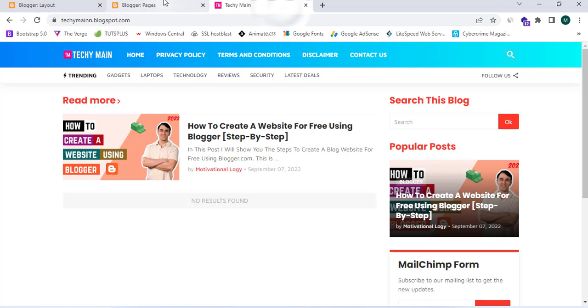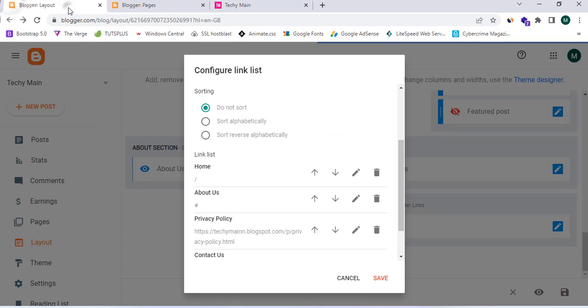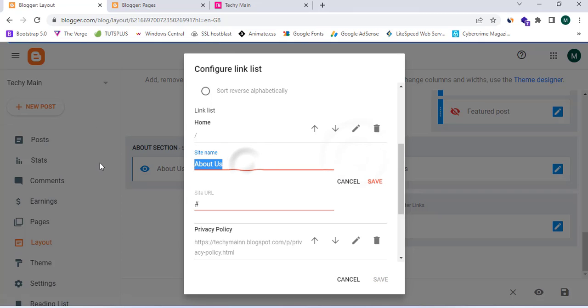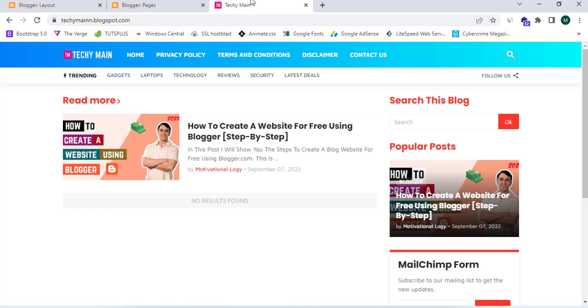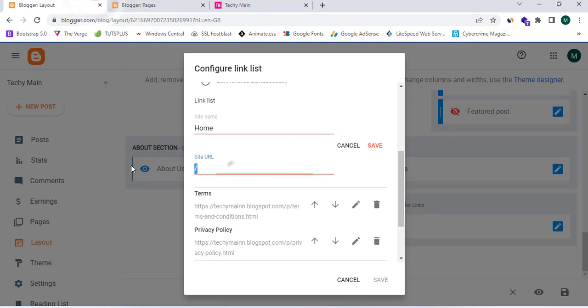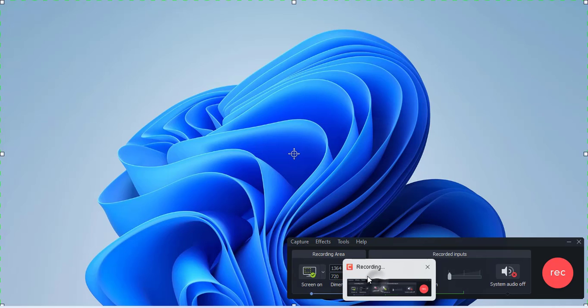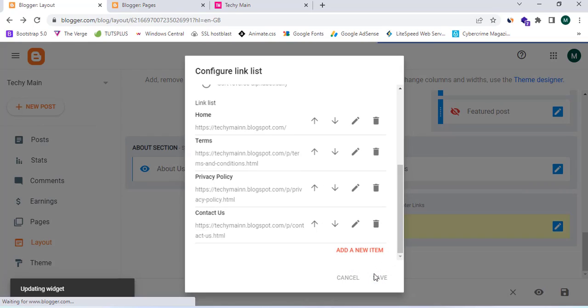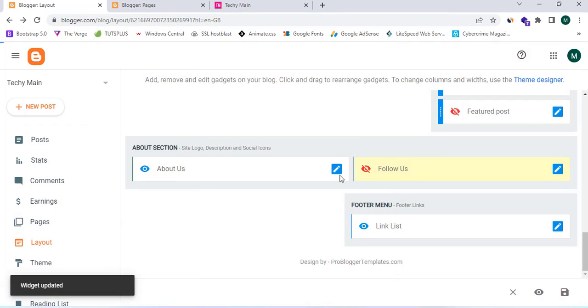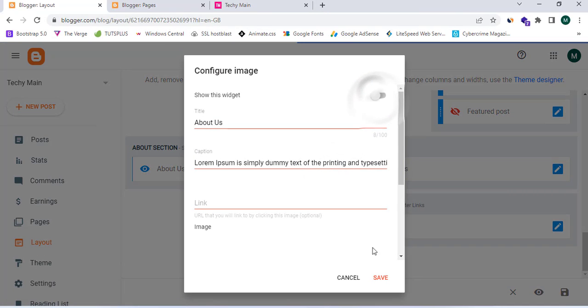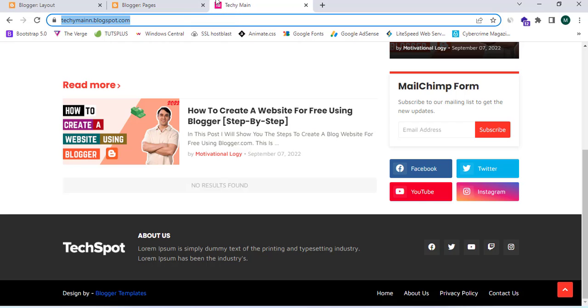save, and I'm gonna copy the link of this terms and condition, and I can change the name to terms, and I can copy this, and I can enter the blog URL for the home page. So I'm going to click on save, and I'm going to click on save, and I can remove this follow us page, and I can remove the about us section too,